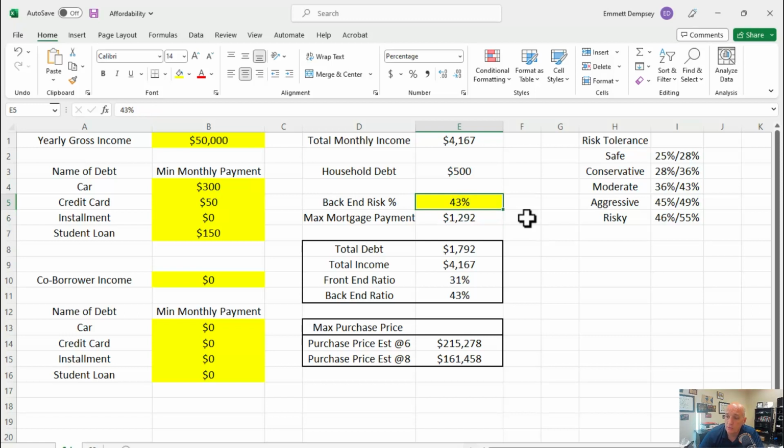So let's just do, what is the maximum for 50? Usually I do 50% as a good maximum. Getting above 50 is not always guaranteed. You have to have other compensating factors like some assets or FICO scores. So basically, if I use a 50% model, with household debt of $500, your max mortgage payment is $1,583. It's just a simple calculation. So using the $6 per thousand and $8 per thousand, the purchase price range is roughly $200,000 to $260,000, depending on taxes